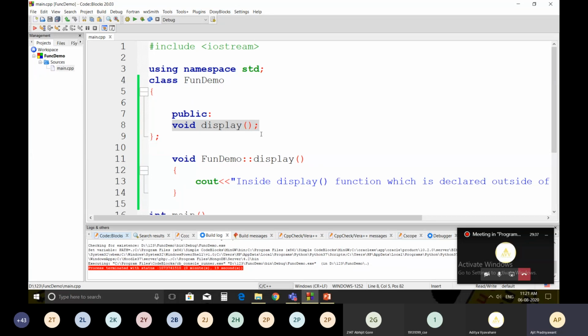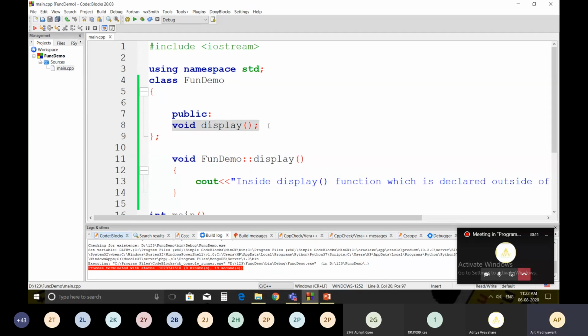And we have seen how to write a function inside the class and how to call it. Also we have seen if a function declared inside the class returns a value, how to get the value inside main in a particular variable. And we have seen how to declare a function inside the class as well as outside the class using the scope resolution operator.